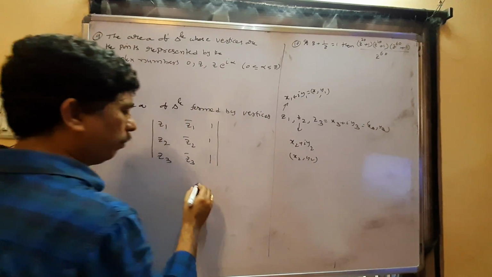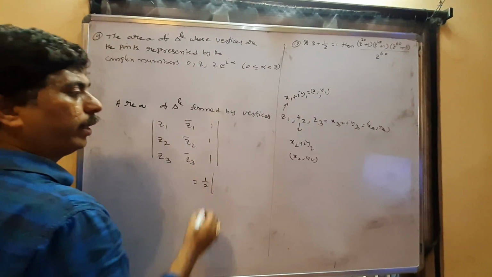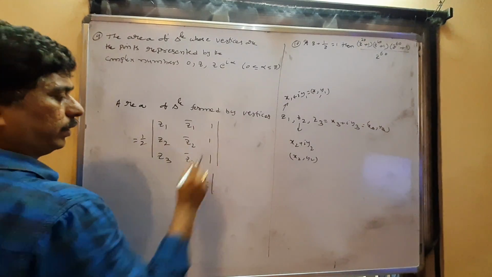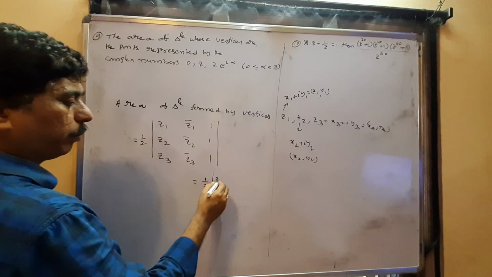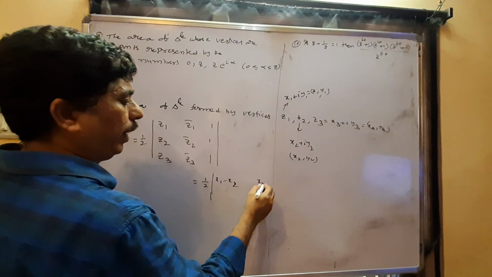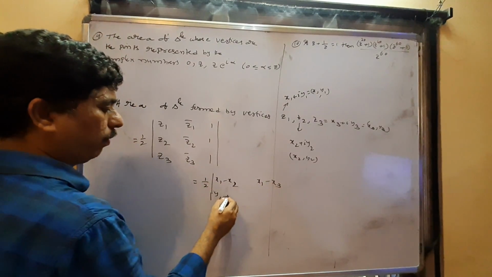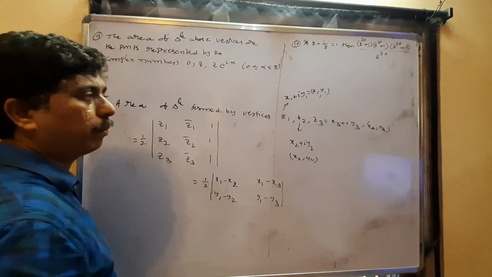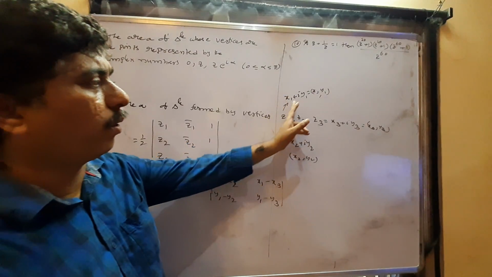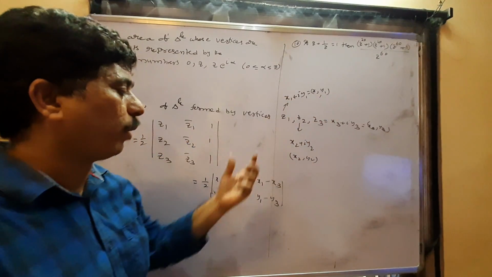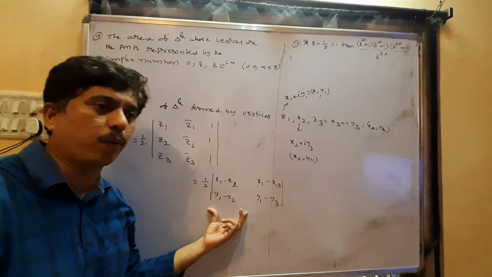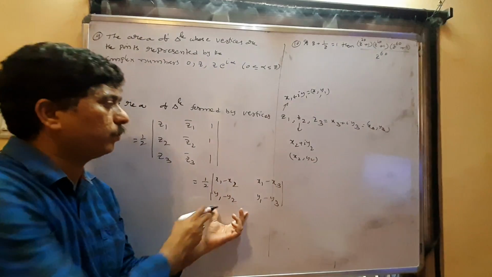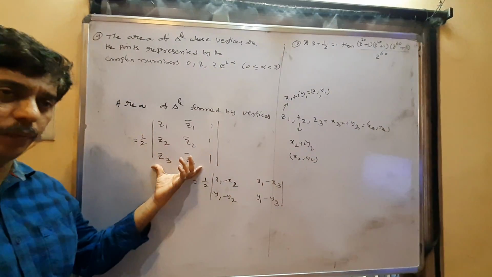Then you can use the formula: 1/2 times delta is the area of the triangle formed by the vertices. We know the formula with x1 - x2, x1 - x3, y1 - y2, y1 - y3. If the given complex numbers are in point form, you can write the point formula. After conversion to point form, you apply the area of the triangle formula like in the coordinate system. Otherwise you can apply this formula directly.